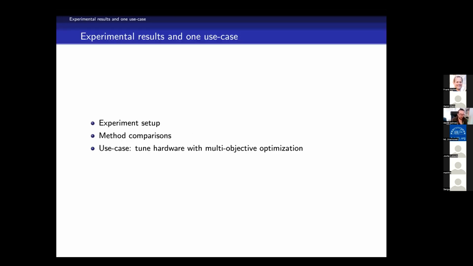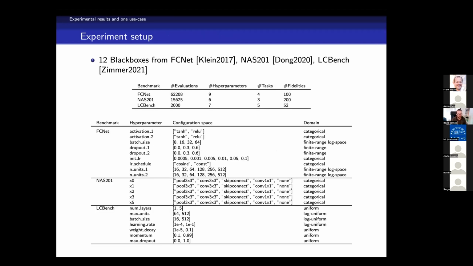Okay. So let's see some experimental results and one use case. First I'll just describe the experiment setup that we're considering. Then I'll show some method comparisons, and then I'll show a use case where we tune hardware configuration with multi-objective optimization. Okay, so for the experiment setup and method comparison, we are